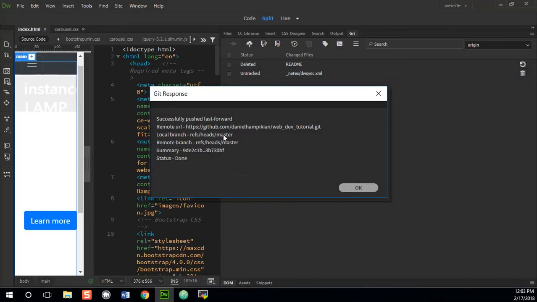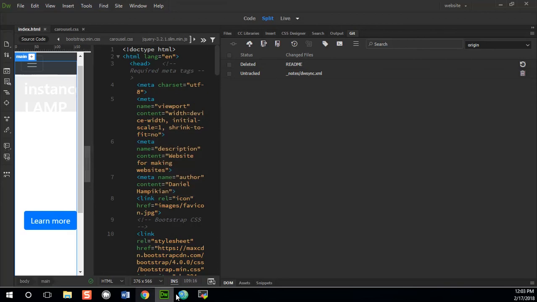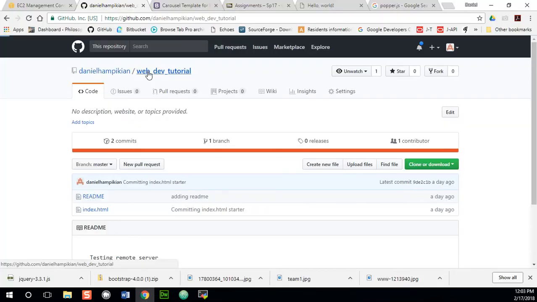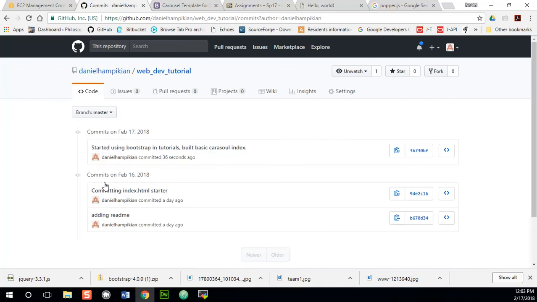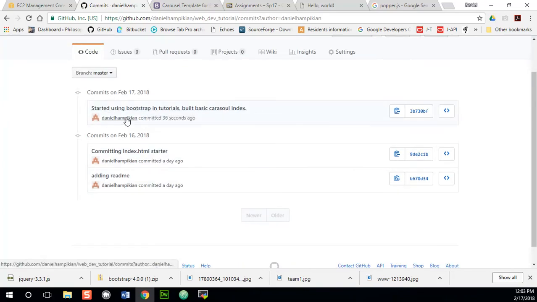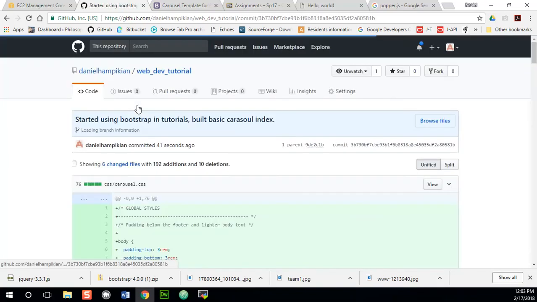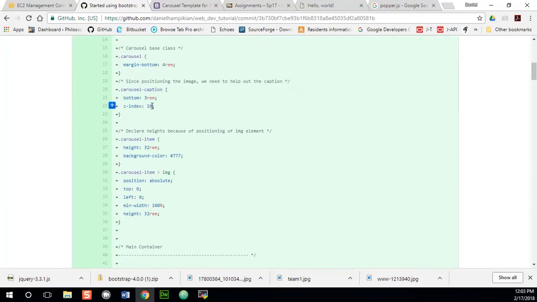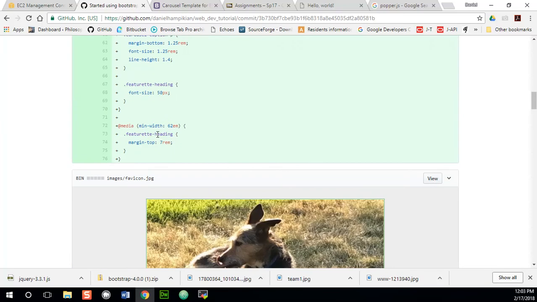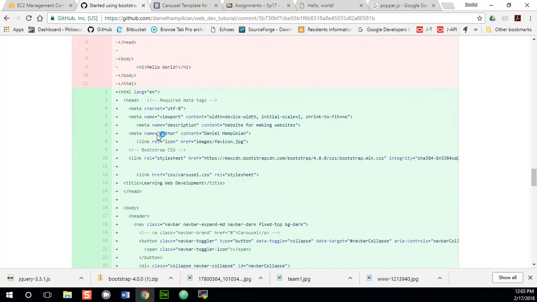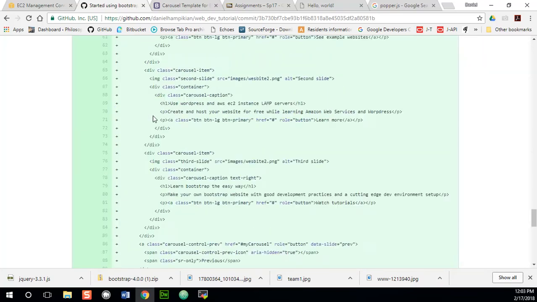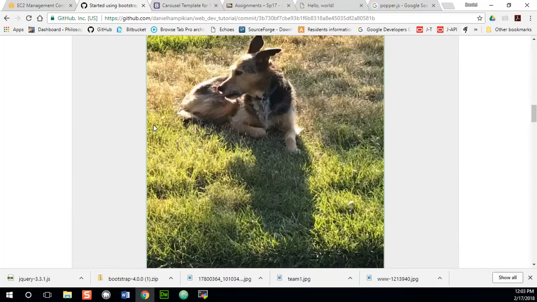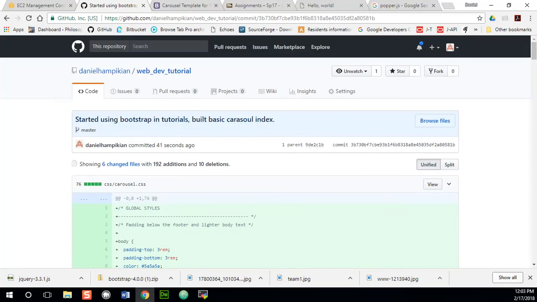Whenever this finishes. Okay, so now we should see 3. There we go. So now if we click on that commit, we can see that we've added, click on it again, that we've added all this code. So there's a CSS file, there's the images we added, the things we deleted from index, and the things we added to index. So anytime I wanted, I could roll back to this basic state of my web page now